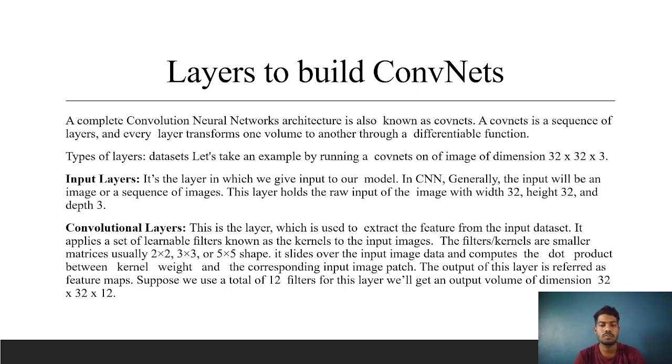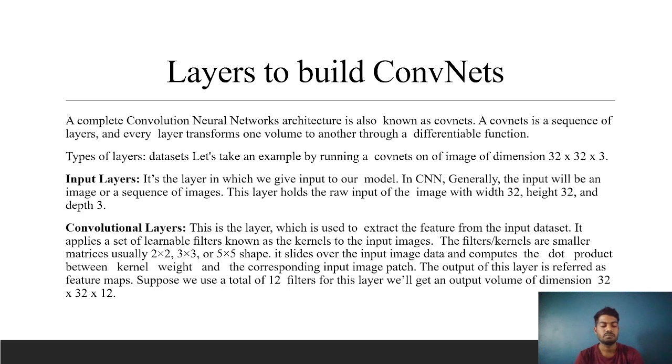Let's know the layers to build ConvNets. A complete convolutional neural network architecture is also known as a ConvNet. A ConvNet is a sequence of layers, and every layer transforms one volume to another through a differentiable function. Types of layers: datasets. Let's take an example by running a ConvNet on an image of dimension 32 x 32